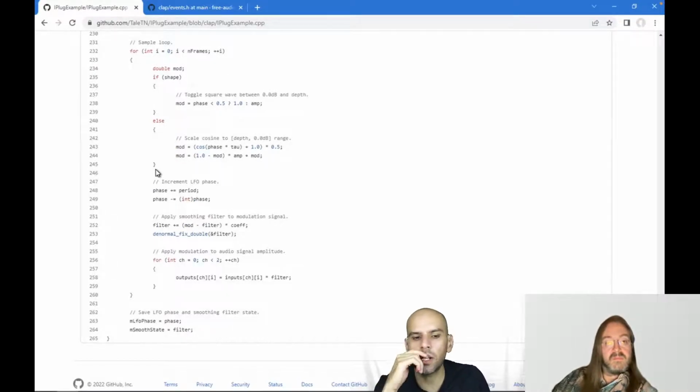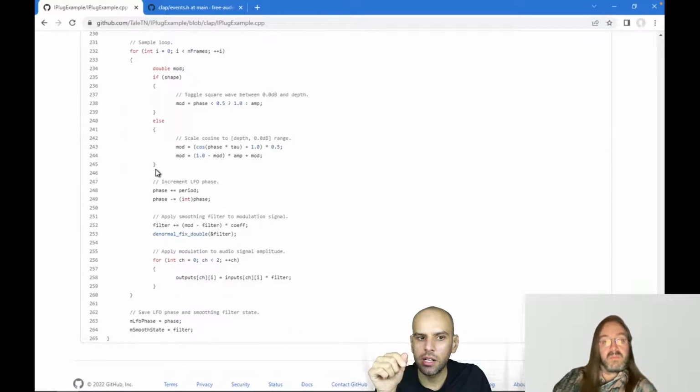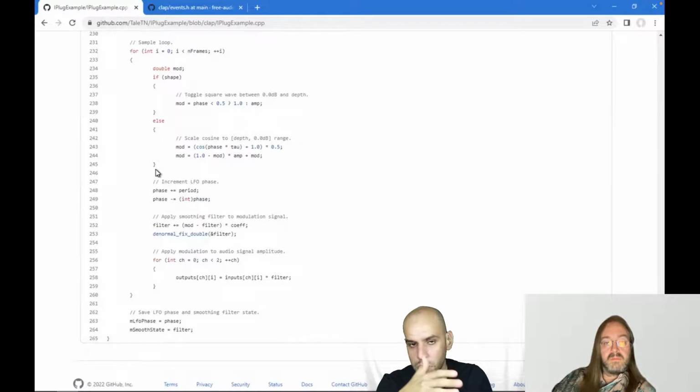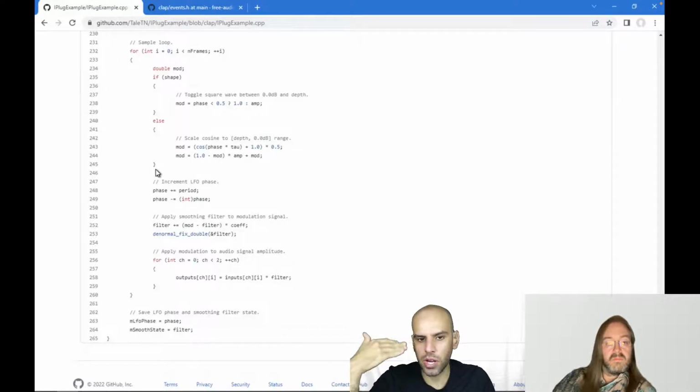So that's another question I have. iPlug comes with some facilities for drawing, and of course it does the smoothing of the different APIs from VST2 to CLAP and Audio Units. But in terms of core blocks of digital signal processing, something that would do an LFO, something that perhaps would do tremolo, or maybe something that would do filters and that sort of thing. Does iPlug have any for that?